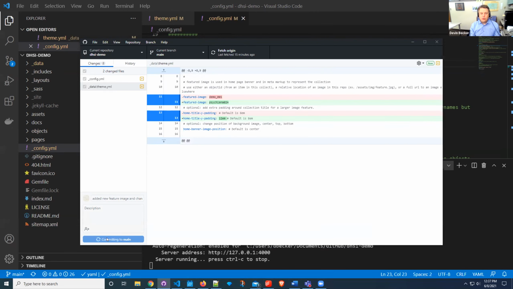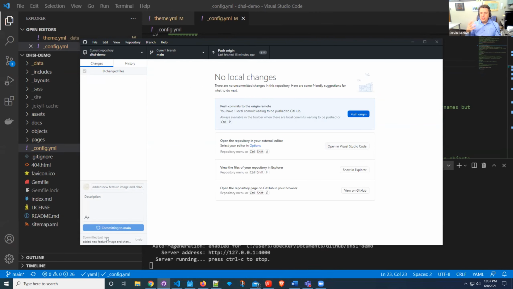I push commit, and so that commit is staged in the repository now. And you can see here, if I wanted to undo it, I could push undo. But what I really want to do is push it up to its origin, to GitHub, where this repository is connected and where you can collaborate on it. So we're going to push. You can either push origin here, or I usually use this button up here, push origin. And we'll see that